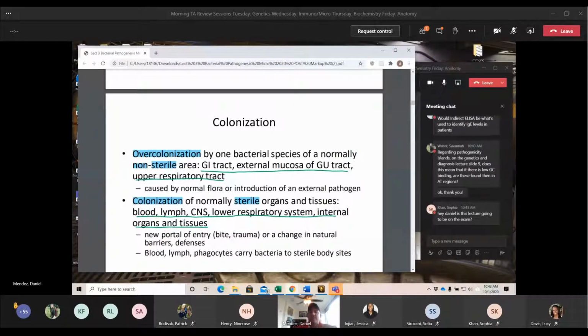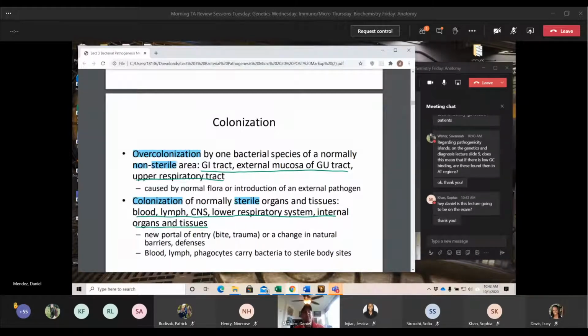So over-colonization, like I was saying, is implying that there is a colony already there, which means that this is from our normal flora. So over-colonization can only occur in our normal flora because we already have normal flora in these non-sterile environments. So like I said, the GI tract, the GU, so the genitourinary, and the upper respiratory, anything that is non-sterile. Here, we already have bacteria there. If we have dysbiosis, then that bacteria will start to grow out of control because this is just normal ecology.